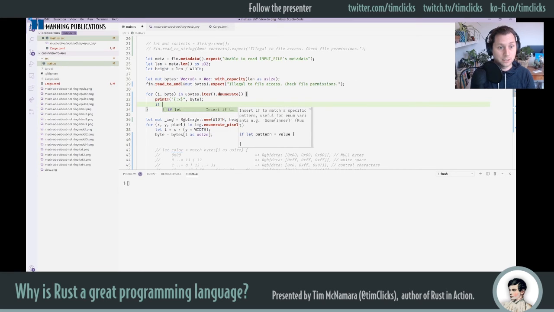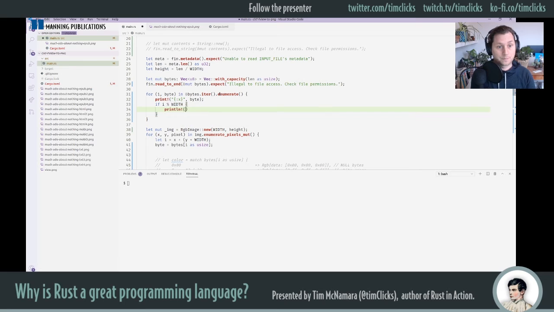So if now I want to also set the width, what I'm going to do is create a